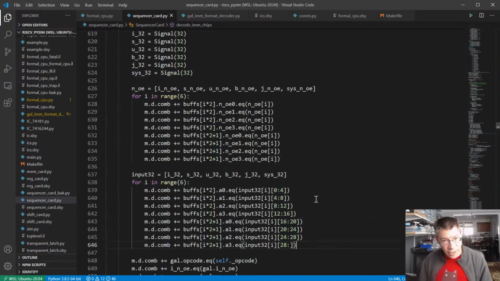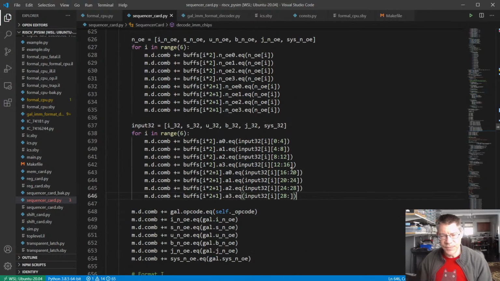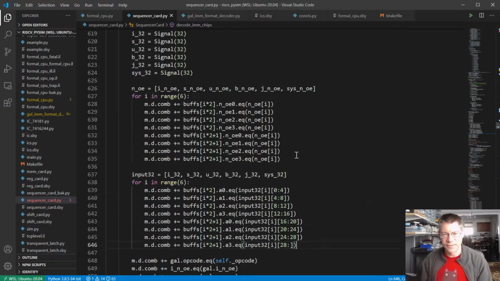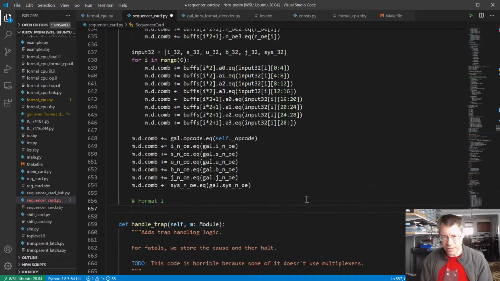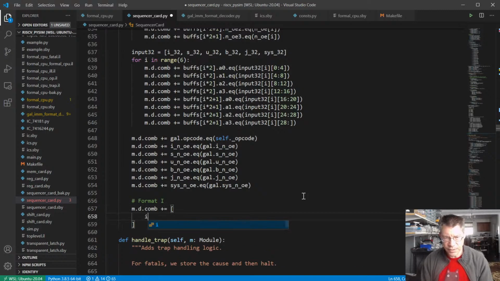Okay, so now that I've routed input into the buffers, so they've sort of spread out now throughout the buffers, now what I can do is I can put together the inputs. So I can say something like, for format I, let's see, what have we got? So I32, m.d.combinatorial, I32,